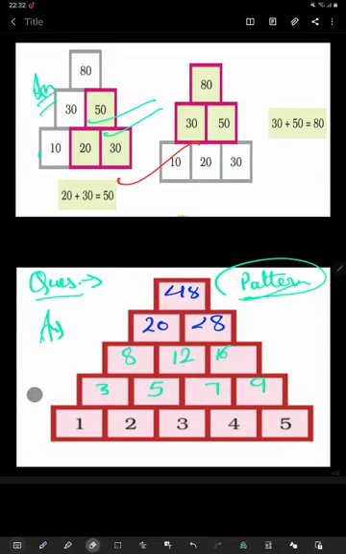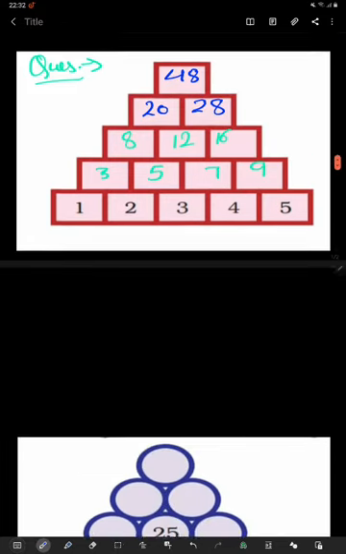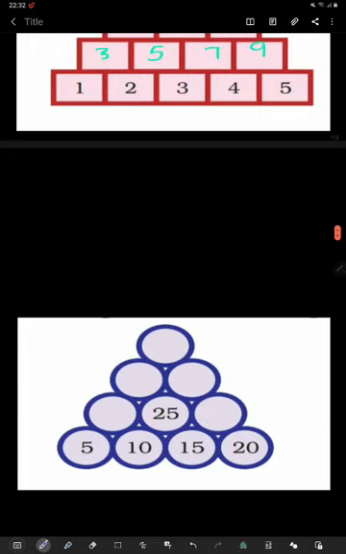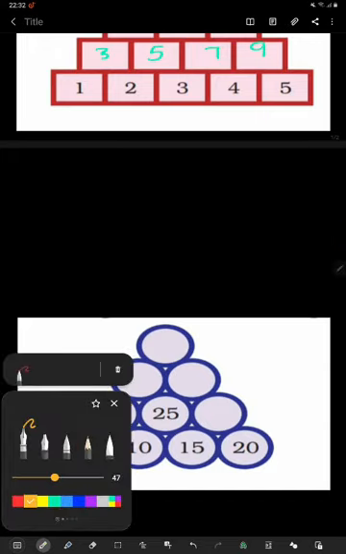Now in front of us one more question is there. Okay, and you can try this question in the same way. You can try. Okay, now here this is 5 and this is 10. Okay, and this circle is sharing the boundaries with two circles. So that's why we will add these two numbers and you will get 15.